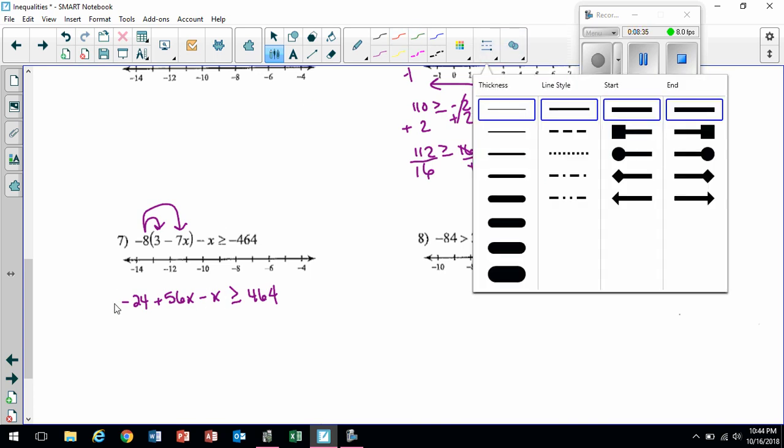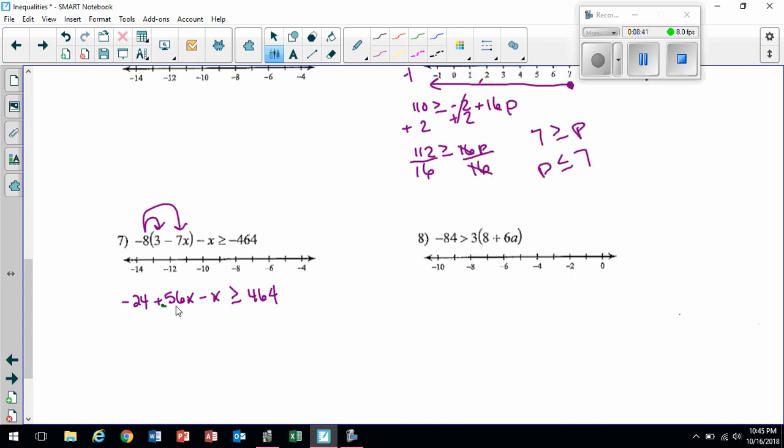we need to look to see if there's any like terms that we can combine on the left-hand side of the equation, and there are. There's a positive 56 and there's a negative x. So I'm going to rewrite this. So this is going to be -24. If I have positive 56 and a negative 1x, it's just going to be a positive 55. X is greater than or equal to 464. Now what do I have? I have a -24 I need to get rid of, because remember, I'm trying to get